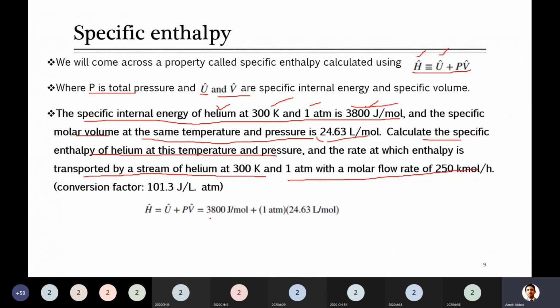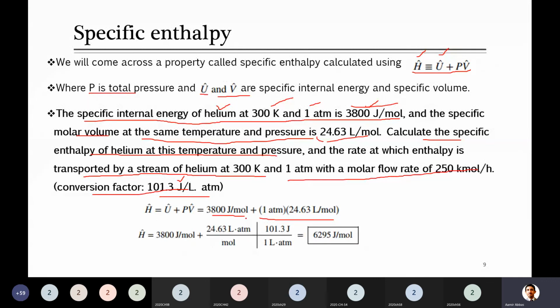So look here, overall you can write it like this: 300 joule per mole plus 1 ATM into this. Now in order to solve this, I have provided here the conversion factor 101.3 joule per liter into ATM. And it actually comes from the two different values of R. If you divide two different values of R, in one there is joule, and in the other it is liter into ATM, and the other terms, mole into Kelvin, just get cancelled and you can get this conversion factor.